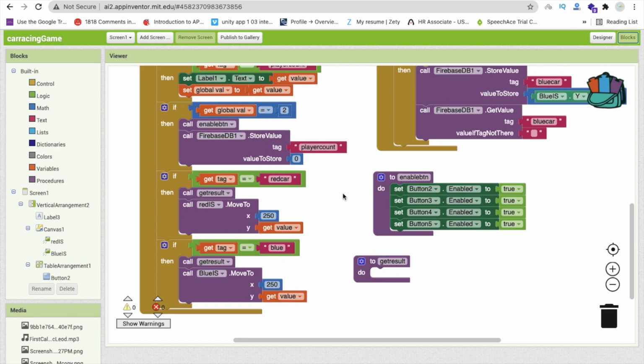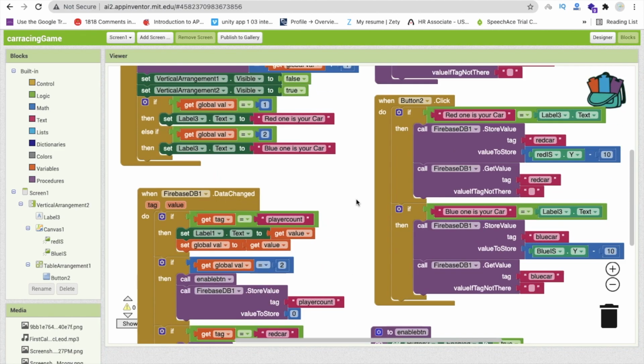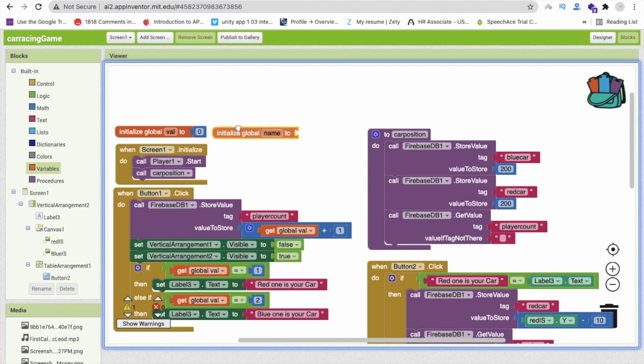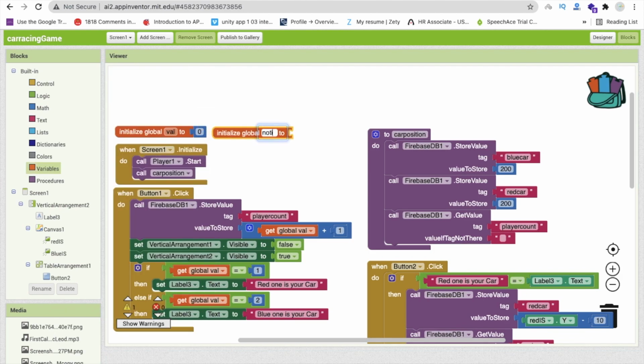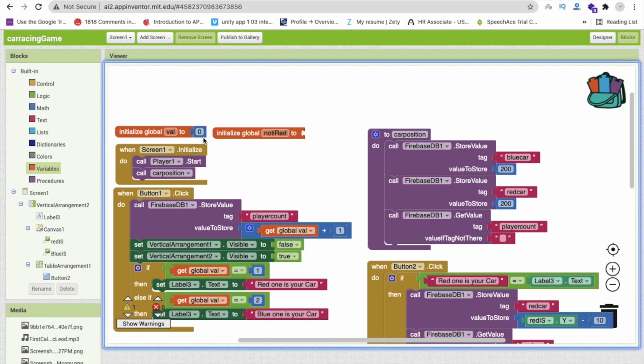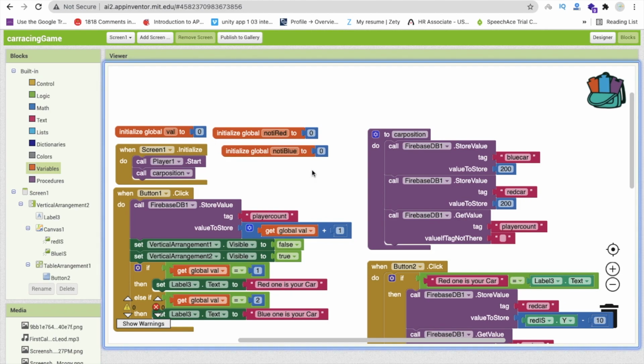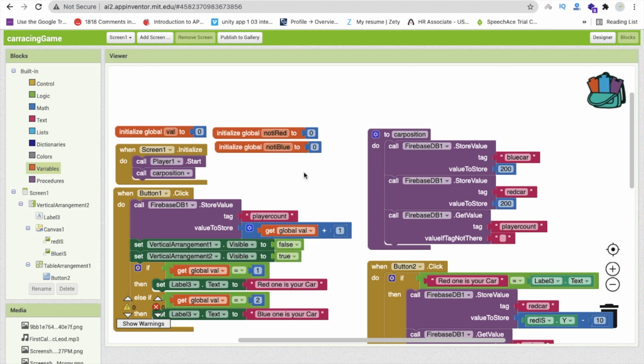So first we need to create the 2 variables to store that value, like suppose variable notifier red, and we will set that value to something here, and this one is for the blue car. Now we have to set, okay, wait a second, we don't want to set this to 0, we are going to set this value to something like 2 or 3, anything, but make sure you don't set that value to 0.